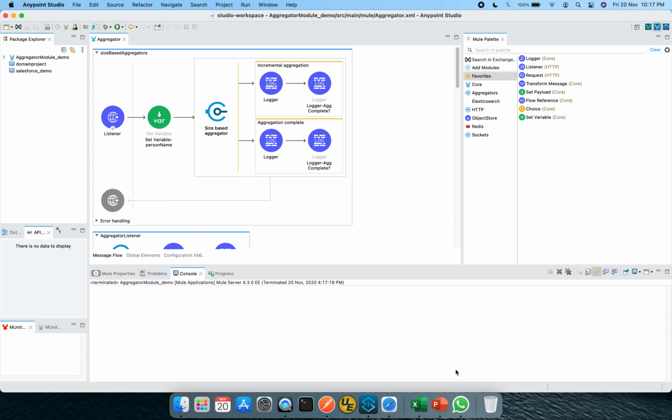And we will be using Mule 4.3.0 for this particular use case. By default, this aggregator module will not be available in your selected palette list. So how to look at that? You just have to search in Exchange.